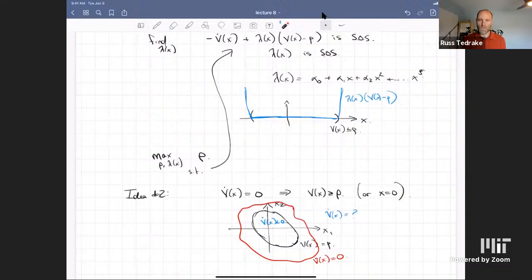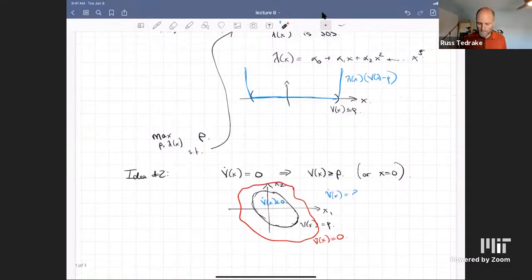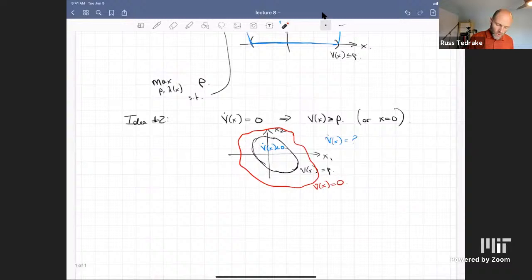Okay, is that picture clear? So I've got some v dot that is mostly negative, but it might be positive as long as its change from negative to positive happens outside my region, then I've still certified it. The cool thing is that this gives me better equations that are jointly convex in the level set rho, because now I'm writing